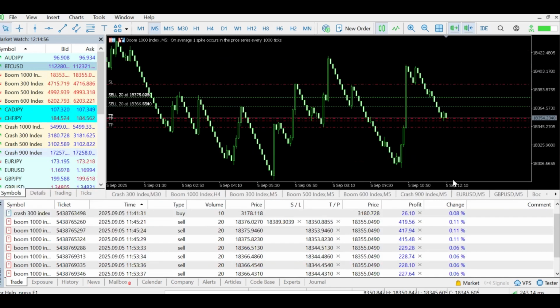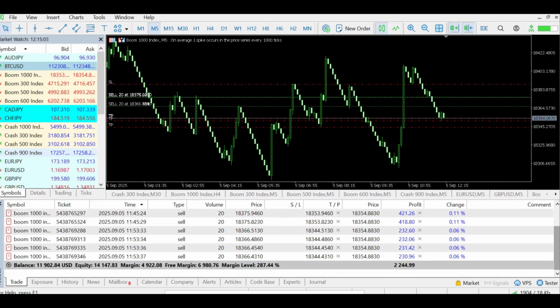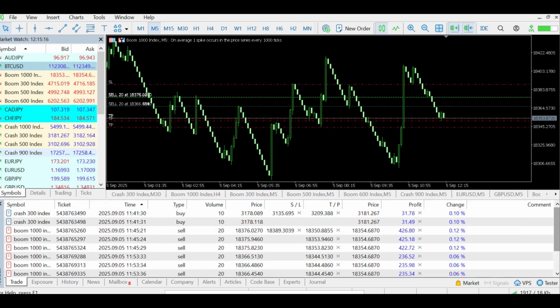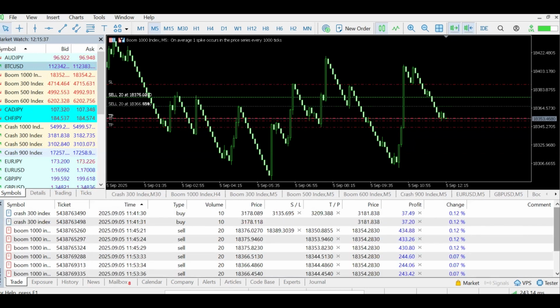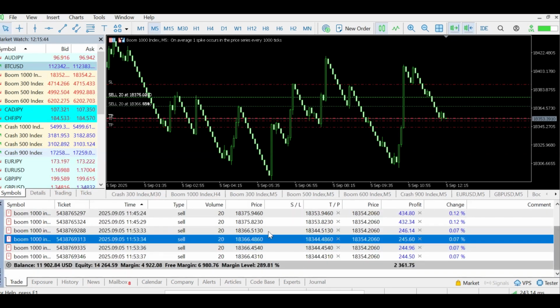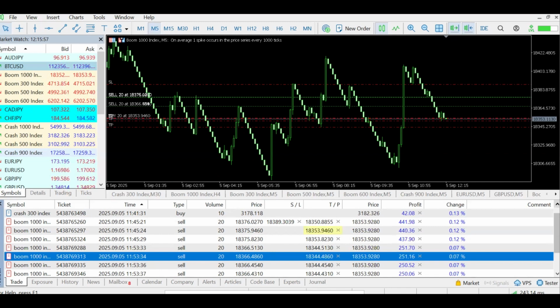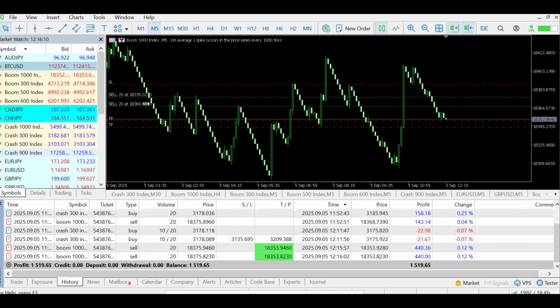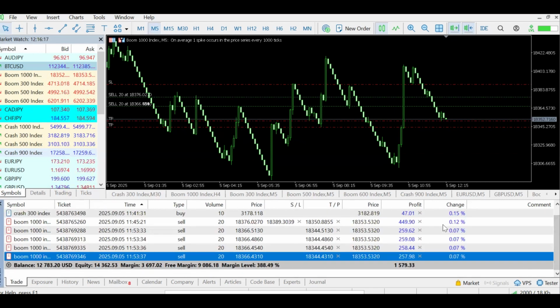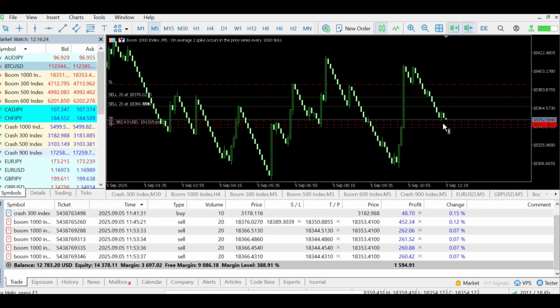You can see based on the strategy that I'm trading, the style of trading, I'm not targeting the spikes, I'm targeting the retracements. That's why you see smooth sailing, all greens, all profitable. Like you're just going to the profit, the profits just keep on increasing. If I was targeting the spikes, sometimes I will be in the negative before a spike will come out to push me to the positive, right? But I prefer trading the retracements. That's when I'm trading boom and crash.